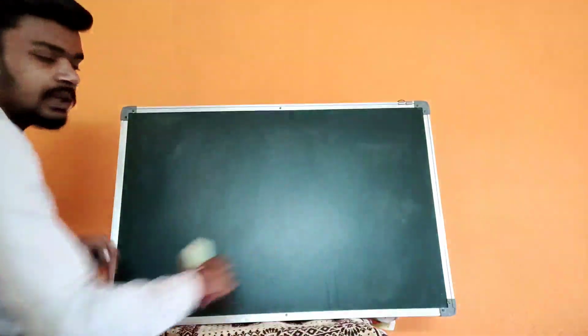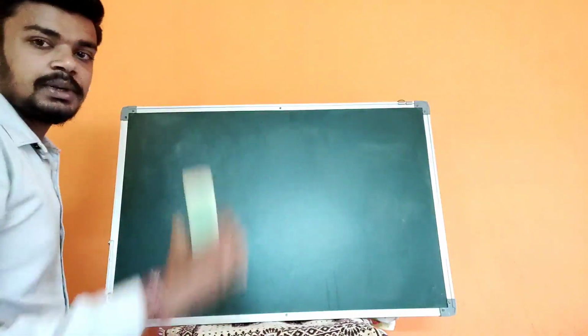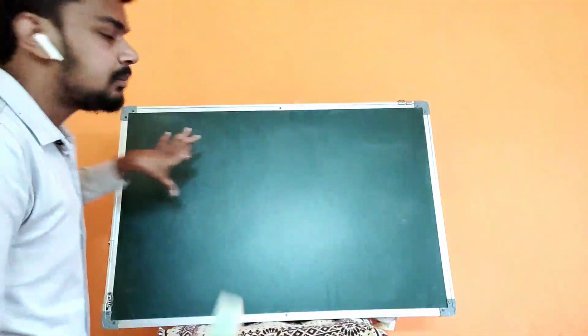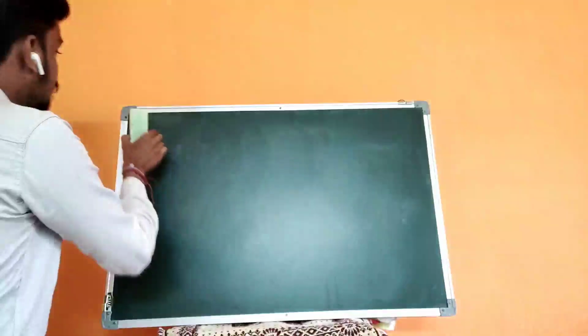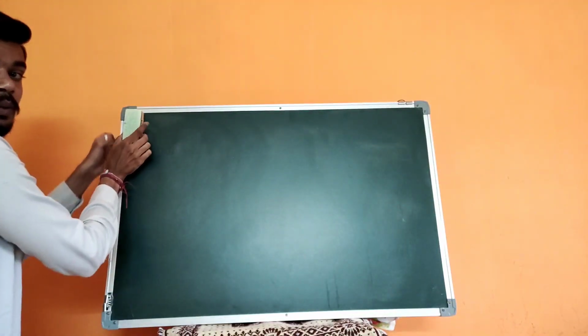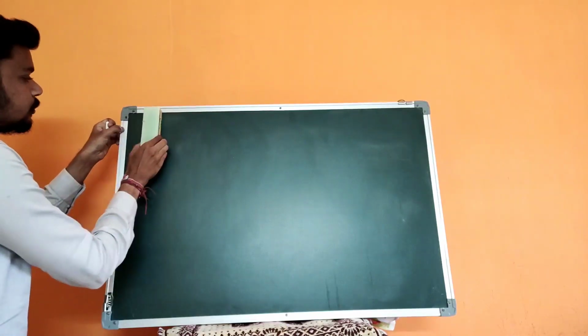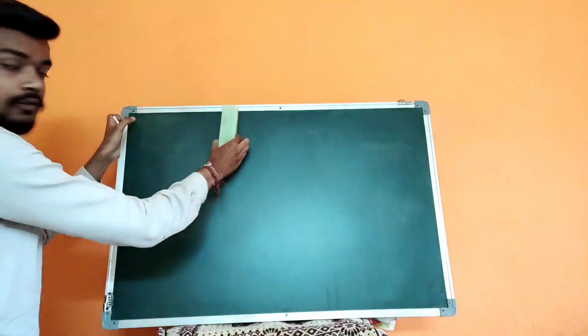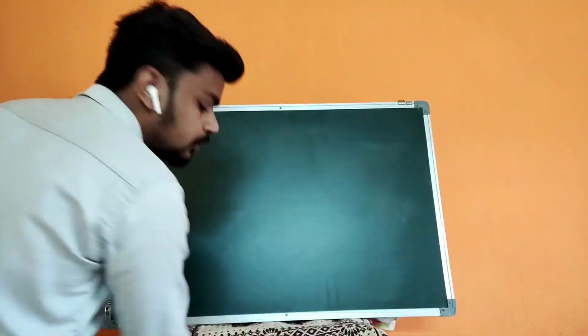Say for example, this is my compass box and that is my eraser. This is the empty place. Now how can I find it? I have to put the eraser like that. That is 1, then 2, and 3, and 4, and 5. Means side by side you have to put the eraser. Only one eraser you have to use, not another. Done. Do this activity first, pause the video and find the answer.